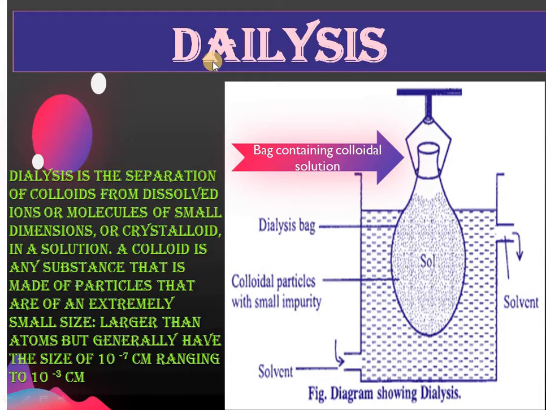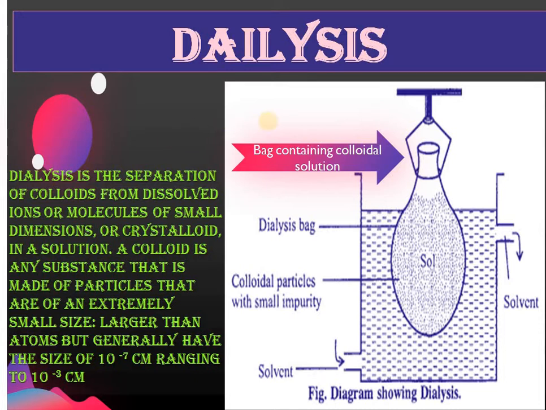Basically dialysis, out of 100, maybe 70% of people know what dialysis is. So dialysis is the separation of a colloid from dissolved ions or molecules of small dimensions, or crystalloids, in a solution. A colloid is any substance that is made of particles of an extremely small size, larger than the atom, but generally with a size ranging from 10 raised to power minus 7 centimeter to 10 raised to power minus 3 centimeter. Basically, I said that out of 100, 70 know what dialysis is, because a person who is suffering from kidney failure, or a problem with the kidney,